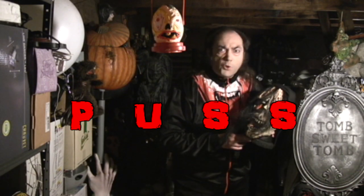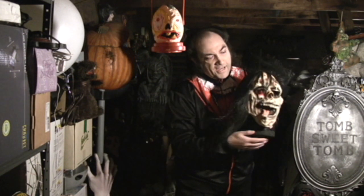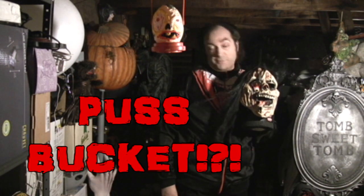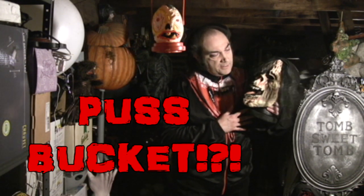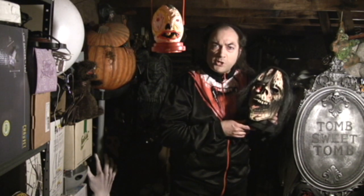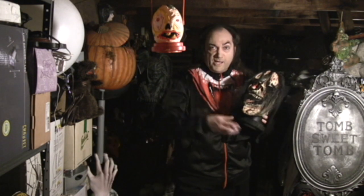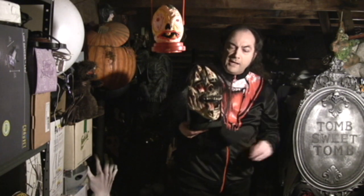Through some strange quirk of mask fate, the catalog title for this guy was actually Puss Bucket. I believe that to have been an error because I don't see any resemblance to a cat here. But if you look it up, it'll say Puss Bucket with two S's. But I'm pretty sure they meant Pus Bucket, which would have only had one S, because he really doesn't look like a puss bucket anyway you look at it. Now, Pus Bucket or Puss Bucket, pretty scary, I think, and kind of has an old-fashioned sense of fun to